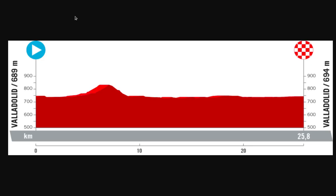Now let's move on to stage 10. It is an individual time trial from the city of Valladolid back to the city of Valladolid, some 25.8 kilometers with a little lump in the first half, and we have one time check on this course. So it will be a bit hard to follow the results, who is there, who is going for the win,